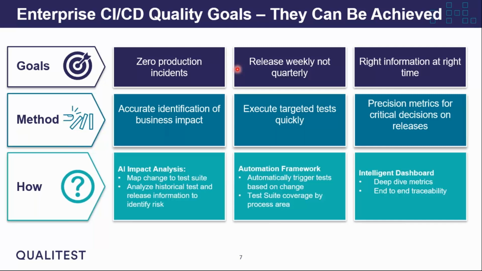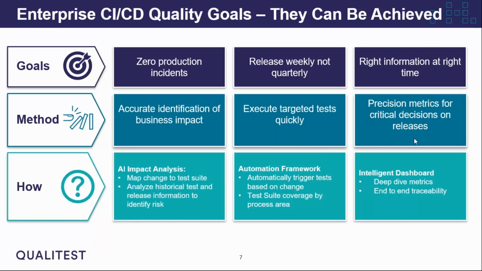Then we look at how do we get faster? We need to accelerate with speed. And again, Simon briefed this when we spoke about 8% of tests still manual, and I've seen it on the recent S4 engagement we've done this year. We can release weekly, not quarterly, and this is one of the key takeaways. We do this through the execution of the targeted tests. This is driven from the impact analysis to tell us what we need to target. So now we know what we need to target, we target those tests, and to do that, we need an automation framework where we automatically trigger the test based on the change. And we look at the test suite's coverage by process area, so then we can really hone in on that business impact on that business area.